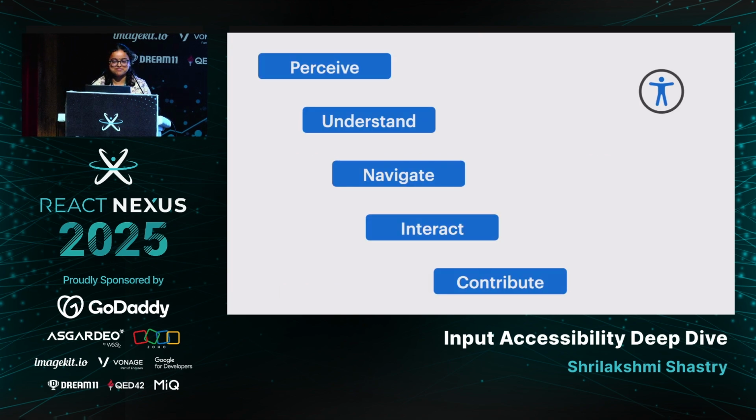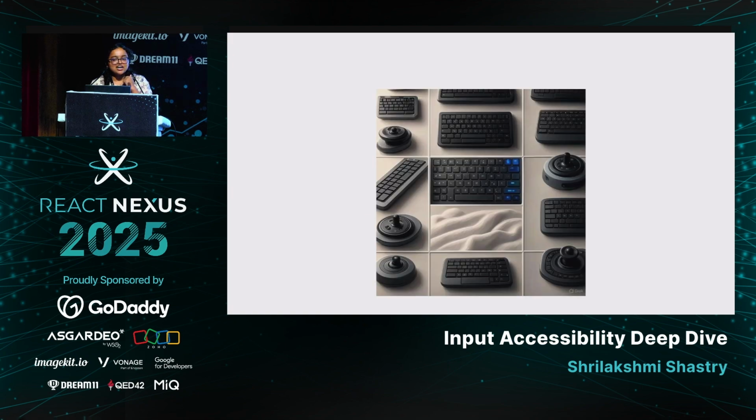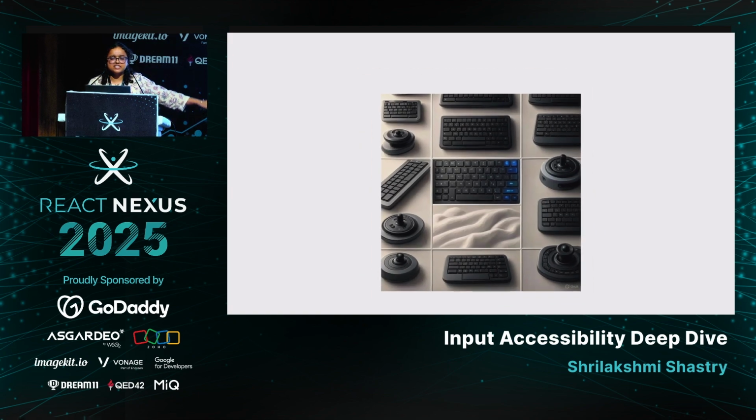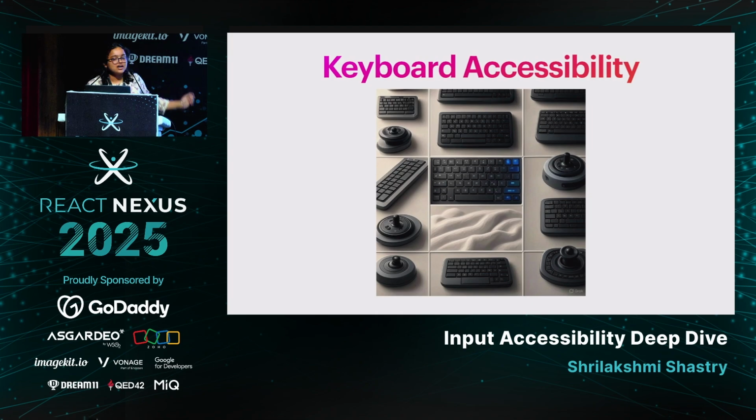Let's understand what web accessibility is. Any website, tool, design, application, or software that we build should be accessible to people with special abilities. In specific, they should be able to perceive, understand, navigate, interact, and contribute to the web. As front-end developers, we mostly concentrate on keyboard accessibility and ARIA.